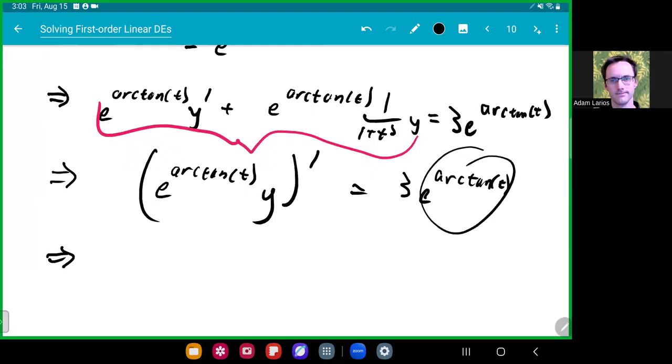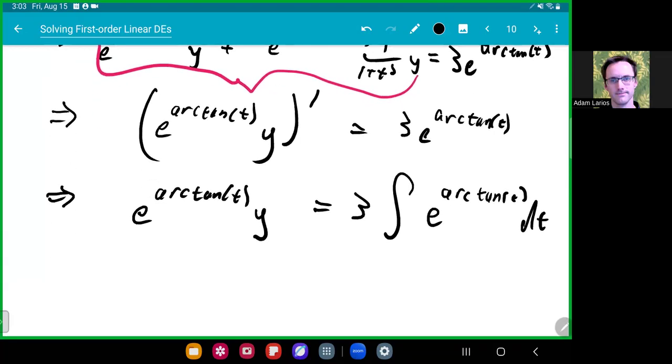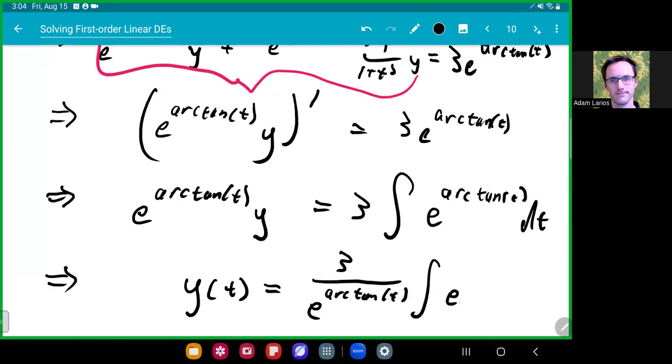Now it turns out that this function on the right does not have a nice antiderivative. At least it's not one that I'm familiar with, but that is all right. If we integrate both sides, we get e to the arctangent of t times y is equal to 3 times the integral of e to the arctangent of t dt. And dividing through, we get 3 over e to the arctan t times the integral of e to the arctan